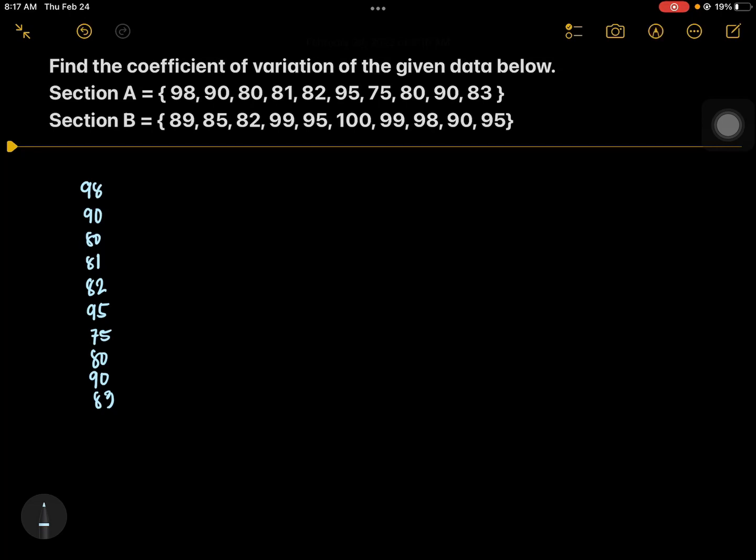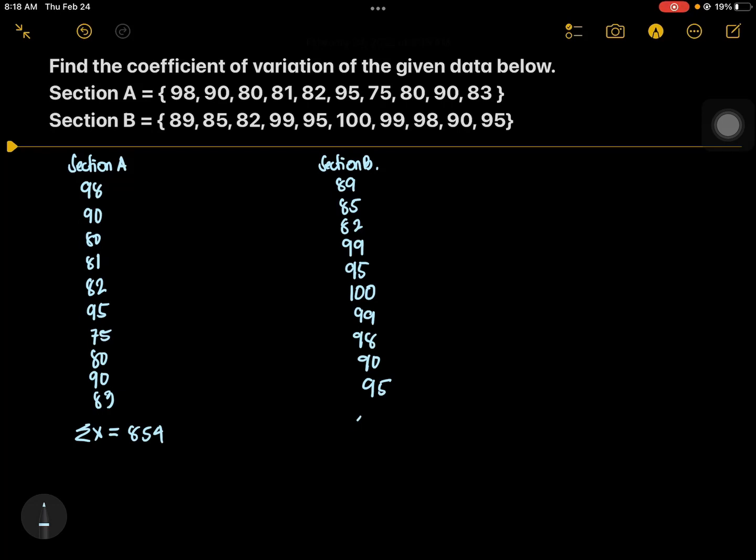This is for section A. Now for section B, 89, 85, 82, 99, 95, 100, 99, 98, 90, 95. So we need to find the sum of x, or the sum of score. We're going to add this, so this is